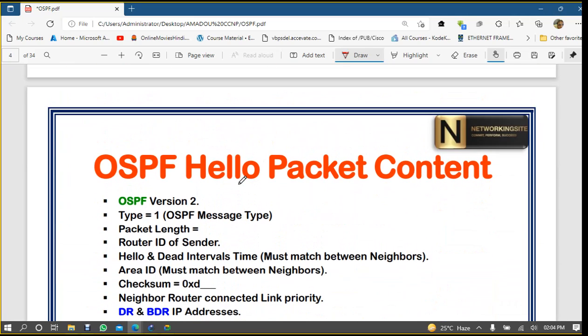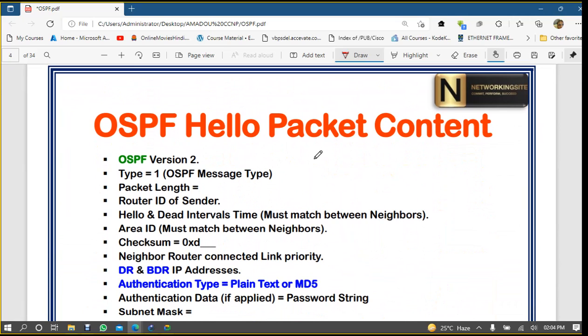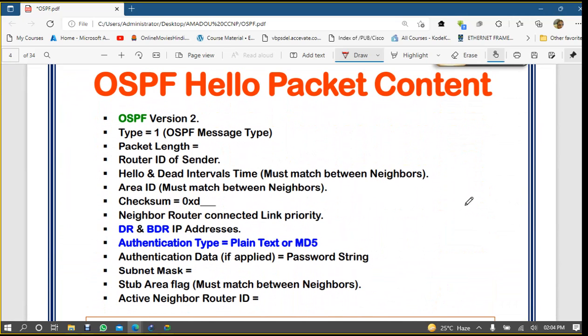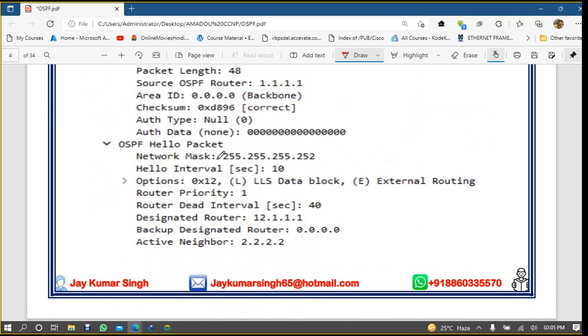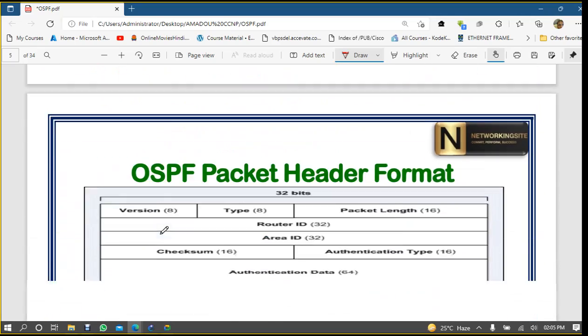Now we have already checked the hello packet content, and we have verified what an OSPF hello packet is and what the contents inside a hello packet are. These hello packets are used to form a neighbor relationship with the routers, right? And we have checked all these things through a Wireshark packet capture also, and we have verified these options. And after that,